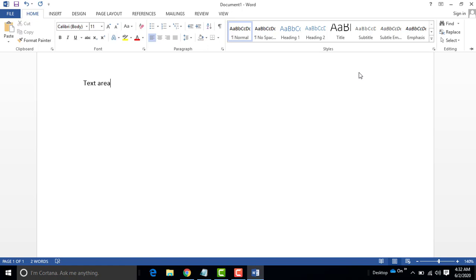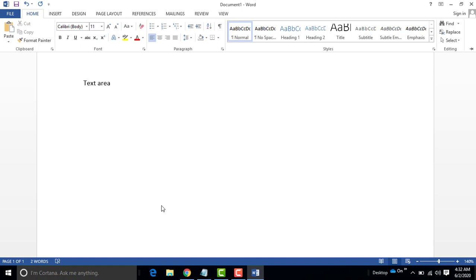Components of the window: Backstage view gives you various options for saving, opening a file, printing, and sharing your documents. It's similar to the Office button menu in Word 2007 or previous versions.